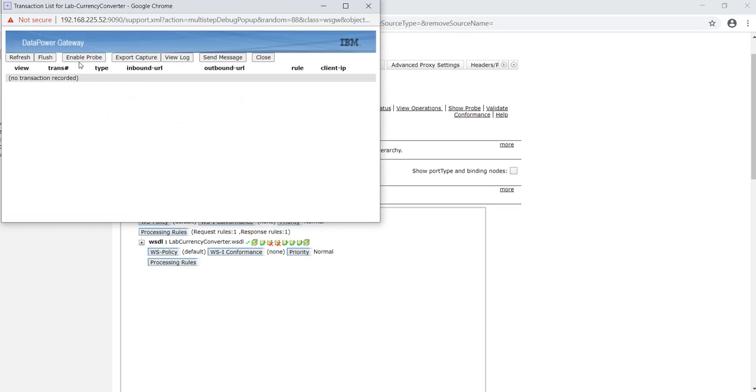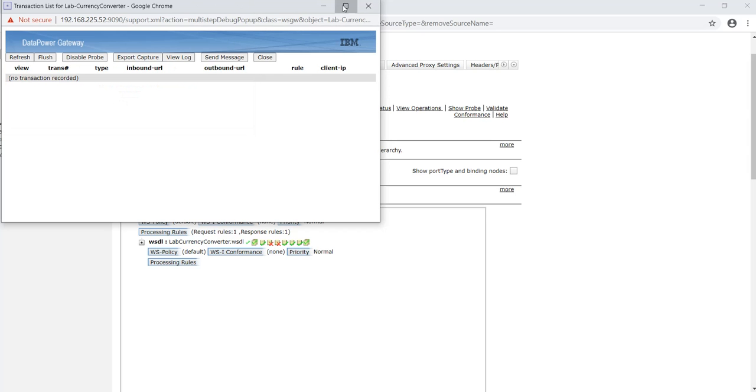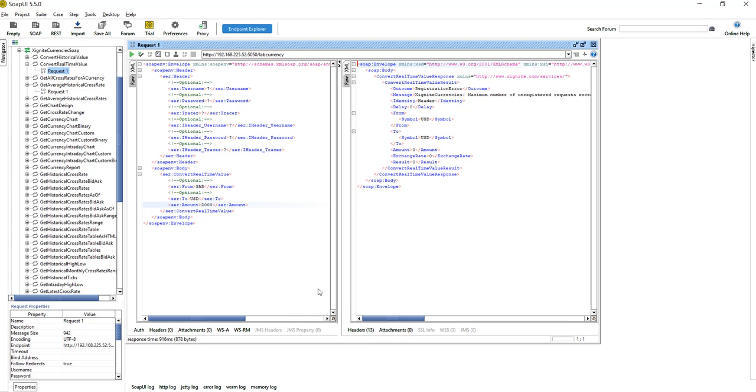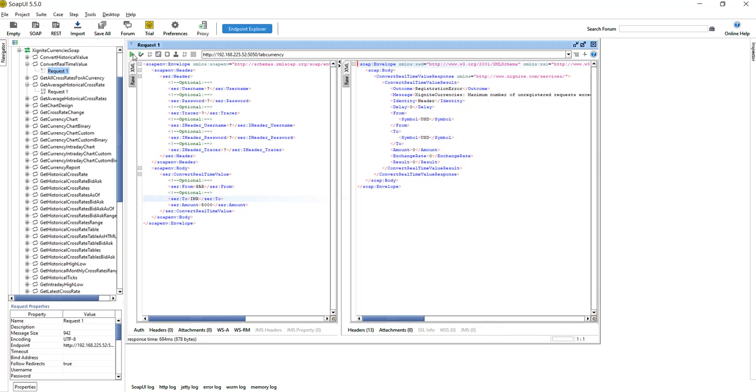Show probe, we enable the probe. Let's make the value 5000 instead of 2000, and here we'll make SAR to INR, sorry. Let's trigger a request.